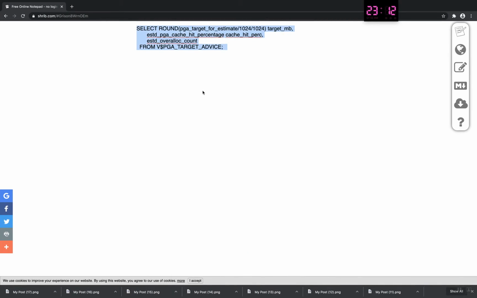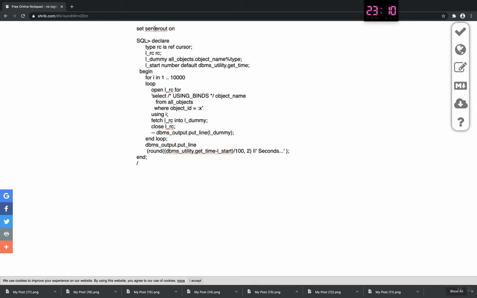Let's see. Yes, I have it here. Okay, so what it is doing, this is the set serveroutput on. So basically this will give the timing. So I'm running a